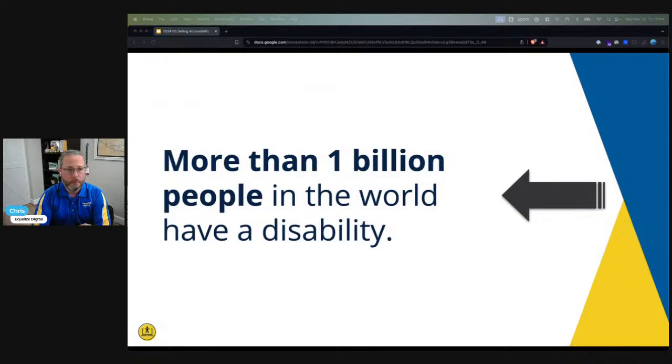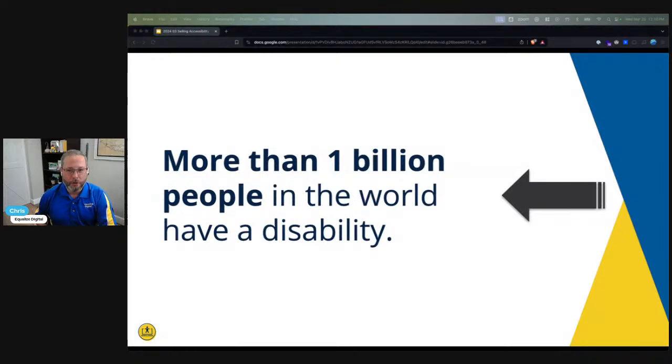So, having defined accessibility, it's not hard to imagine that this actually impacts a lot of people. It's not even really a minority of the population by a metric that most of us would think of, like 1 or 2%. It's actually more than a billion people in the world have some form of disability. It's about 15% of the world's population. And that's according to a 2018 World Health Organization report on disability. So, not numbers I'm making up, right?